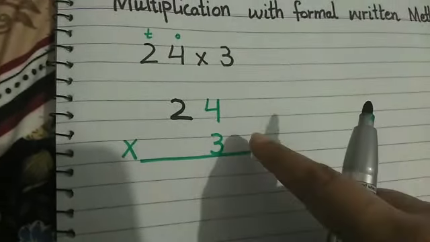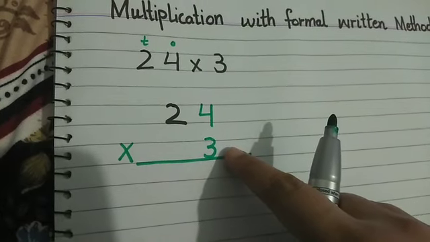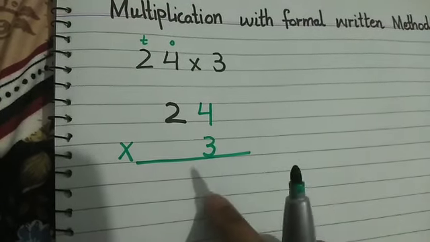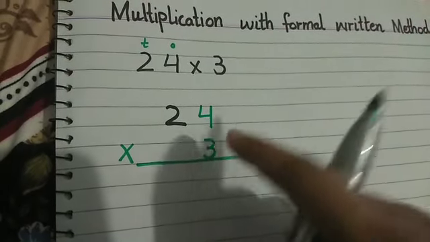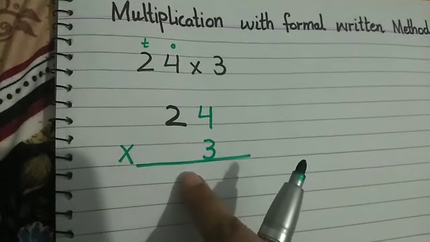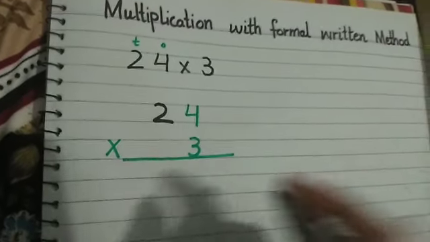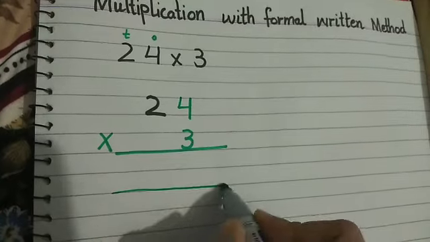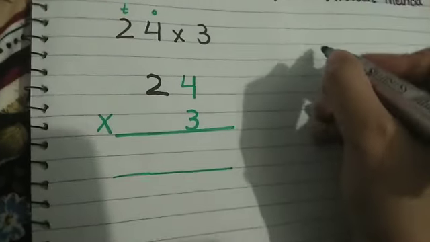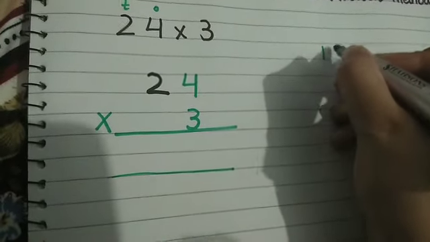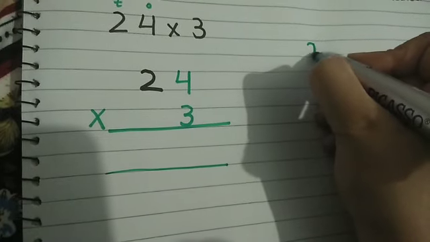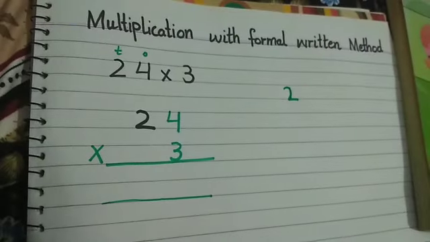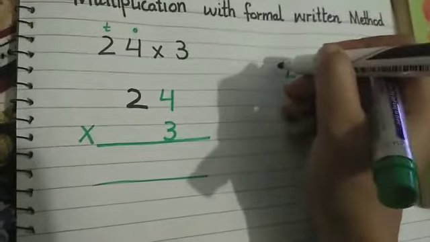Now if we get a single digit number when multiplying, then I will write it over here. But now I have got a double digit number, so I am unable to write a double digit number down. So what can I do with the double digit number? So 3 4s are 12. What number did I get? 12. 2 with this one and tens with black.